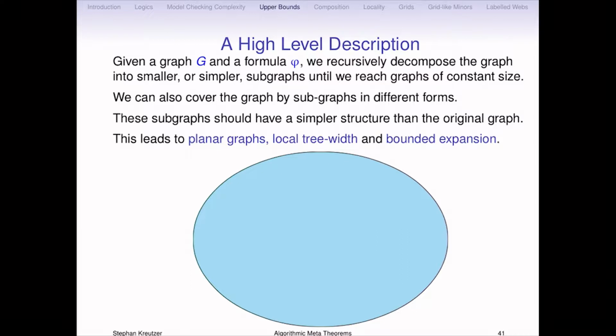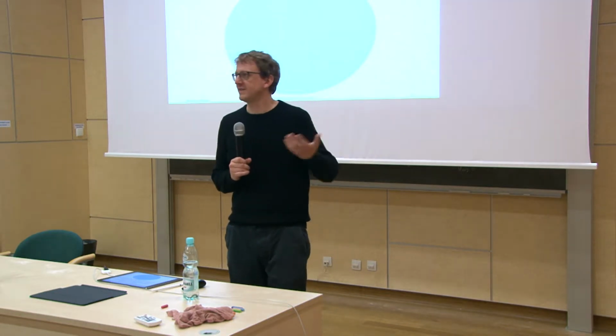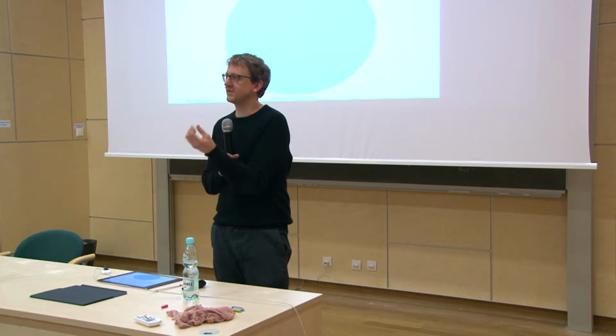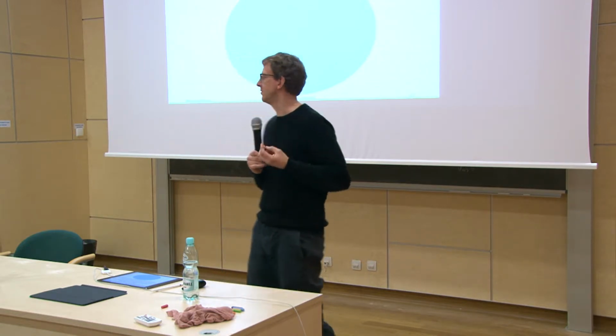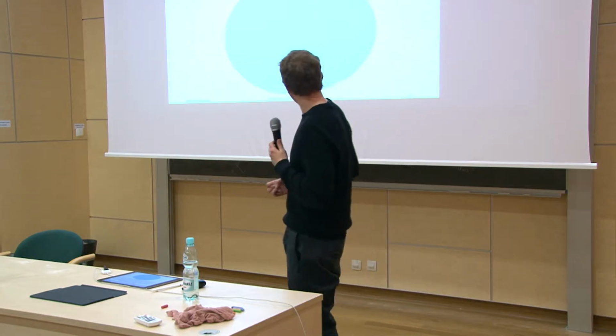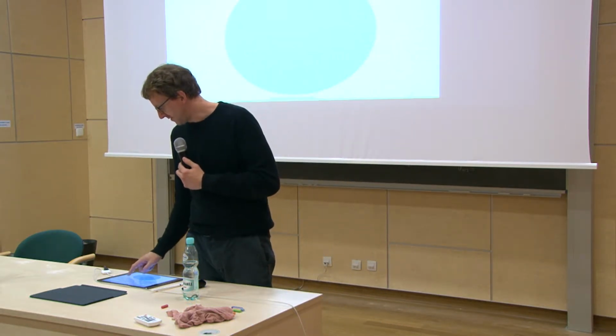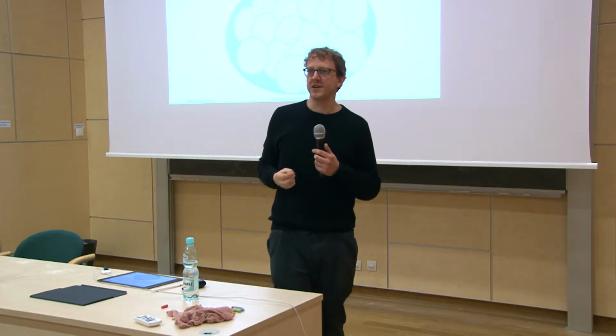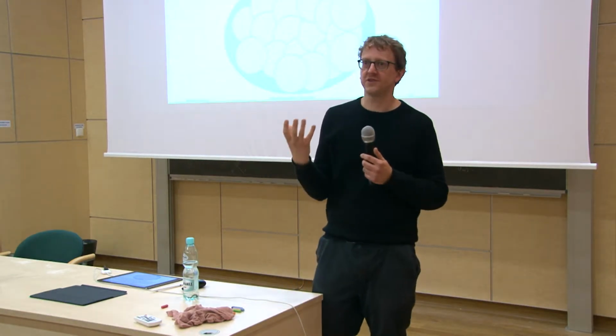Another way is, I mean, planar graphs, for instance, don't have this phenomenon so easily. If you look at a planar graph, it's not clear that you can decompose it into 2 subgraphs using only a small overlap. It's not always possible. So for planar graphs, and other kinds of graphs, we will use a different form of decomposition, because what we can do is try to cover the entire graph by a huge number of subgraphs, but these are smallish or simple or nice. For instance, we could try to cover the entire graph by a set of trees of bounded height.